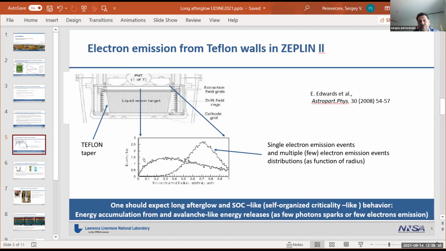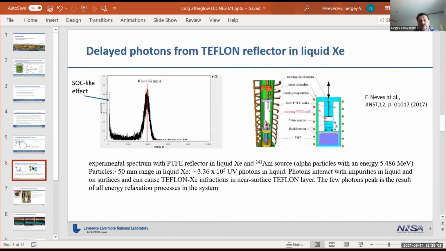And they do observe an increase of electron emission and photon emission from this Teflon. So this curve is the intensity of multiple few-electron emission events, and it rises toward the side with that position resolution. So possibly this is a trace of this electron production inside Teflon by all these molecules in reaction. But if you go to light production,